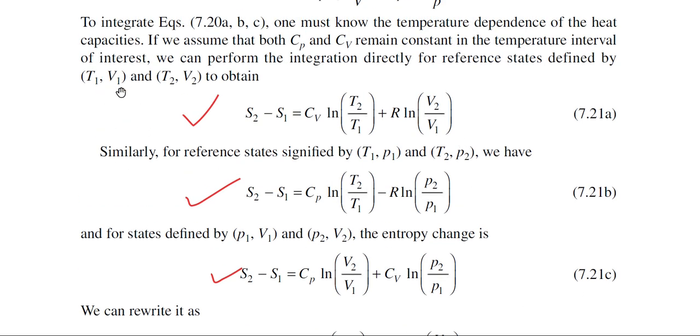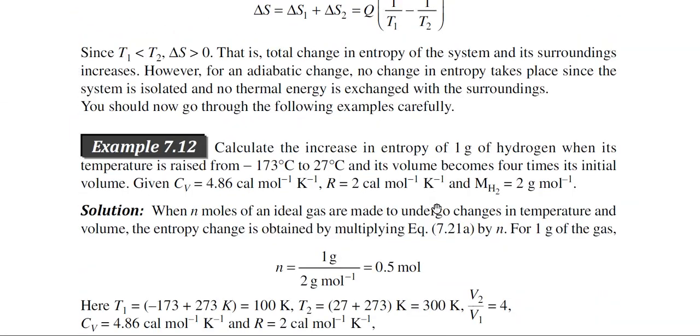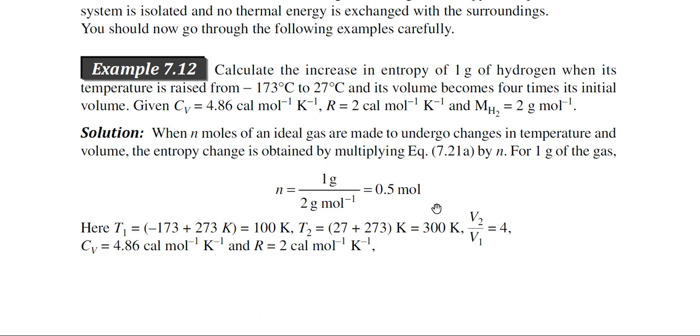You see, when there is a change of temperature and volume, then this particular formula will be used. So we will use that formula here, but you have to take care, there is an information, that is 1 gram of hydrogen. So 1 gram of hydrogen is how many moles, that you have to calculate. It is very easy, because we know that mole number n is equal to mass by molecular weight. Mass is 1 gram, and what is the molecular weight of hydrogen? This is 2 gram. So n is equal to 0.5 mole.